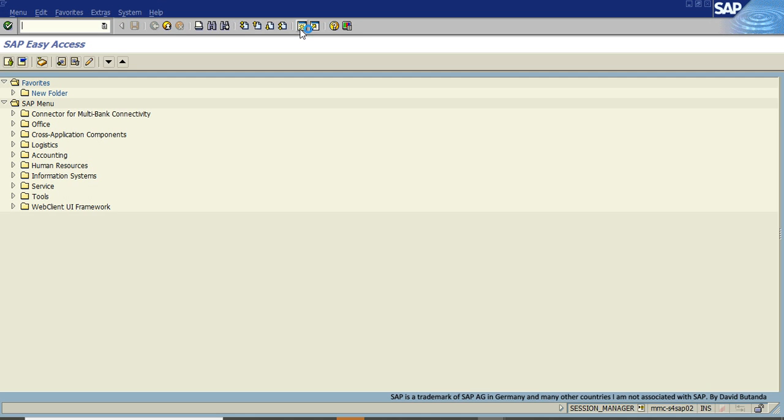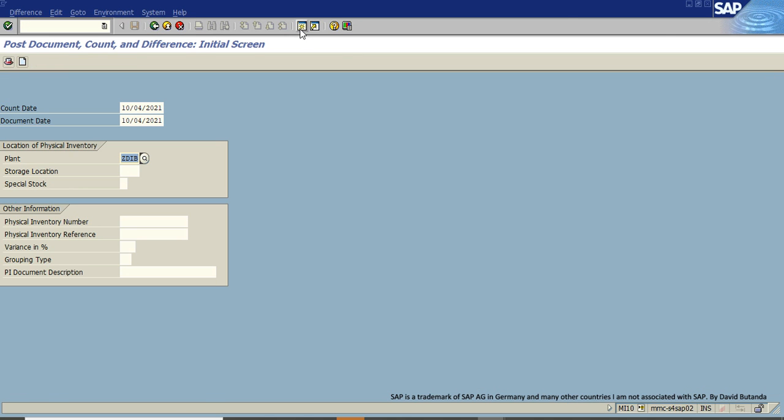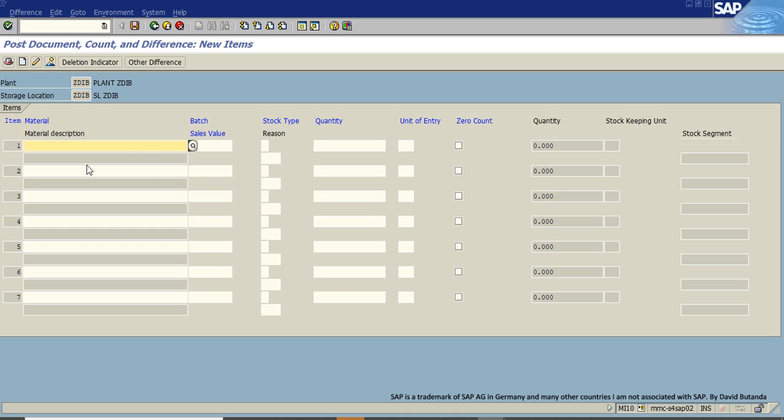I can open a new session and go to MI10. This is the transaction code to adjust materials. Storage location, set DIB, press continue, and for X27, reason I select 1, which is a warehouse, quantity I will go for 8, which is below the reorder point. When I press post,